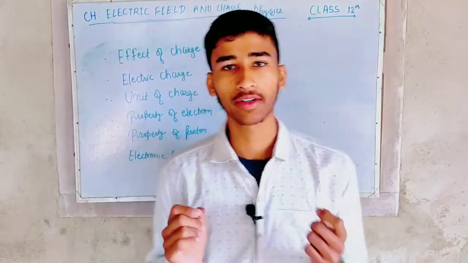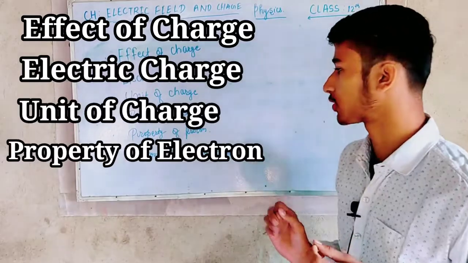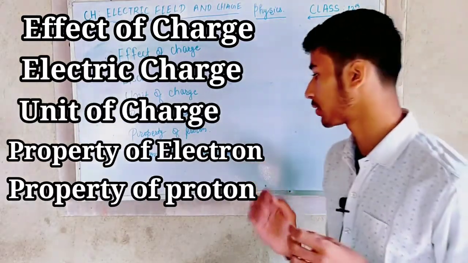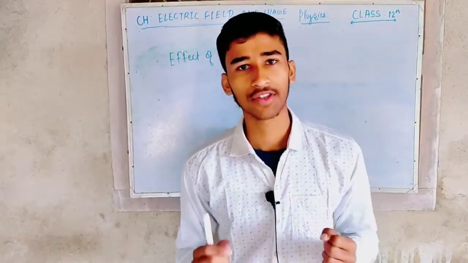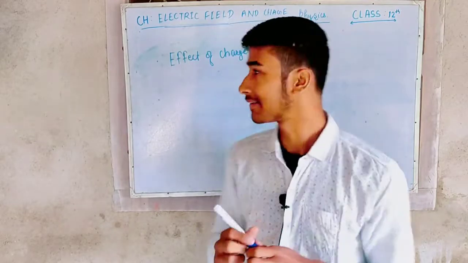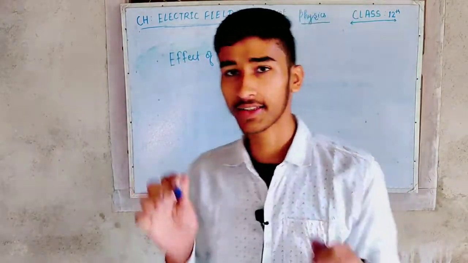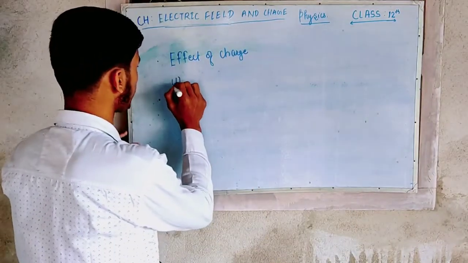In this video I am going to cover these topics: effects of charge, electric charge, unit of charge, properties of electron, properties of proton, and the electronic principle of charge. So starting with the effects of charge. Suppose I am a charge at rest, then what will I do? First case we will discuss, right? So for the effects of charge there are a total of 3 cases, and the first case is